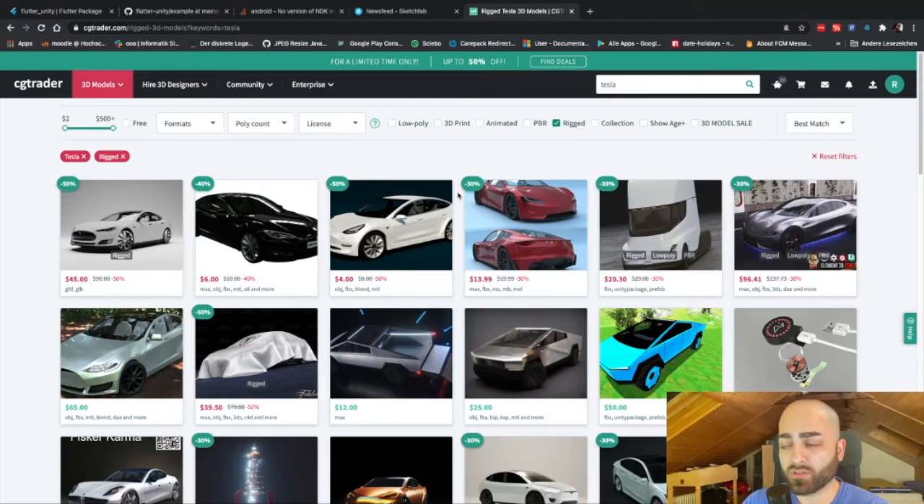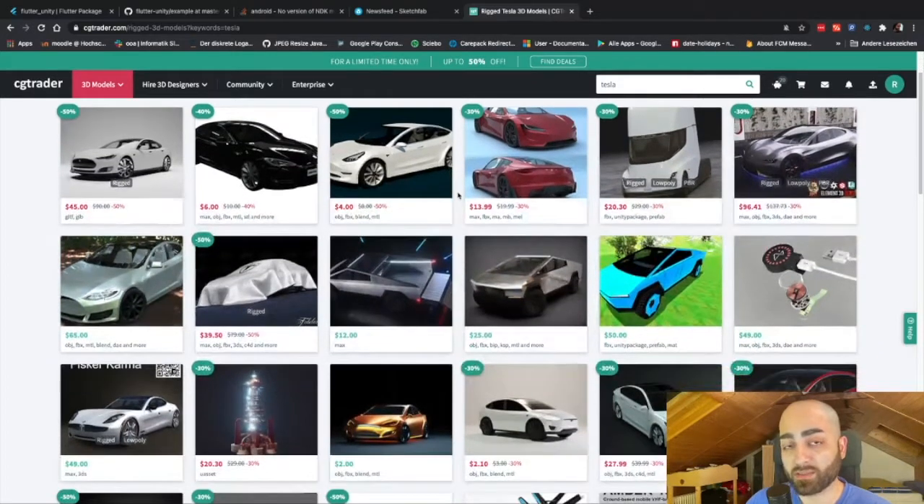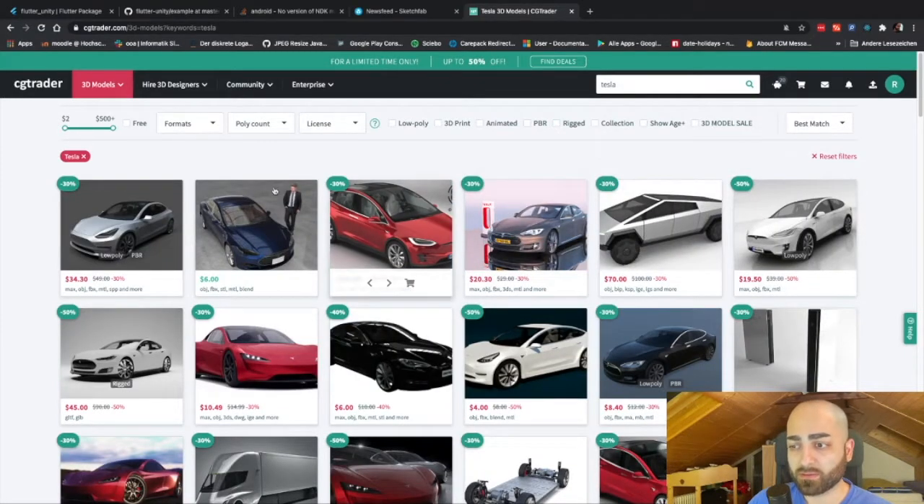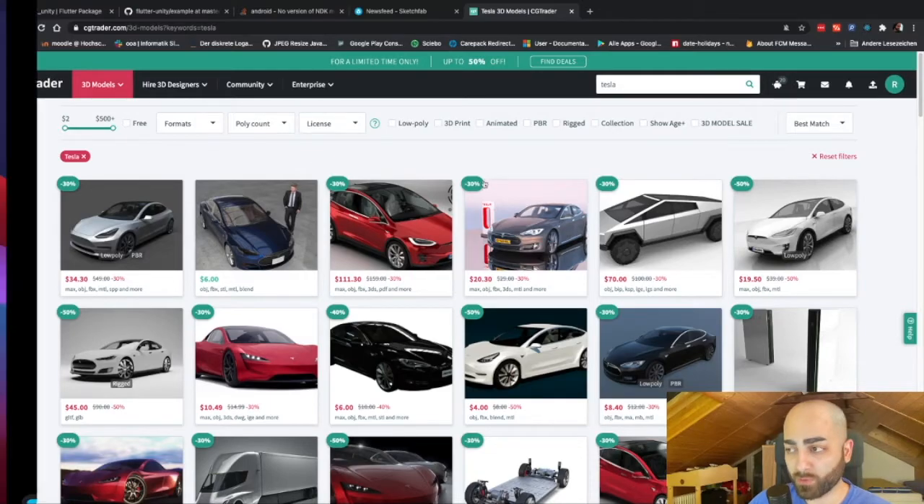It's just that some parts of these models are separated, and that's very important. This is not a 100% guarantee of how they are separated, so just the tires, for example, in cars, and also the seats and other stuff. But if you want to separate models yourself, just unselect rigged, select a model that's affordable for you, and